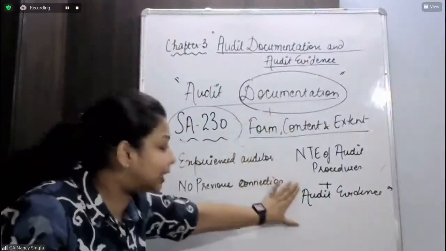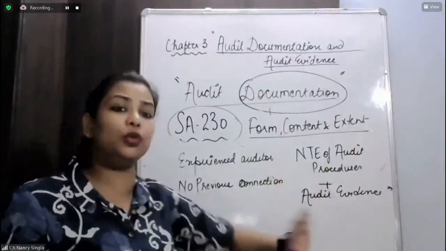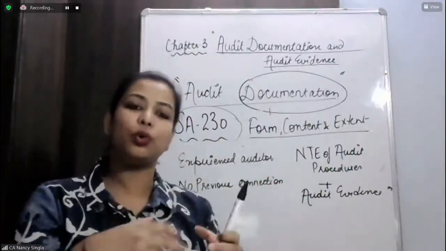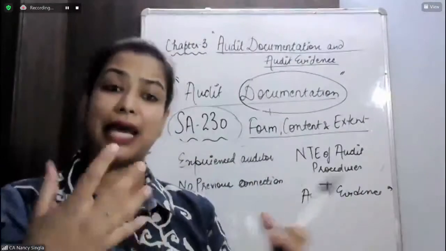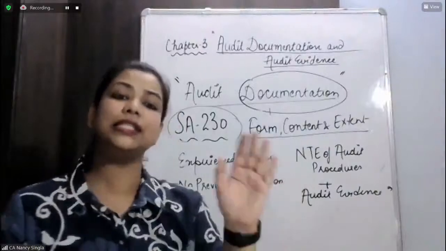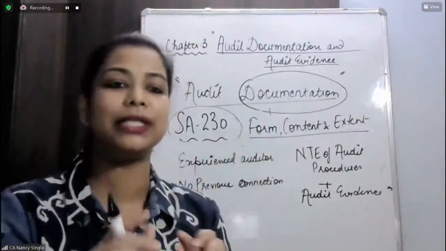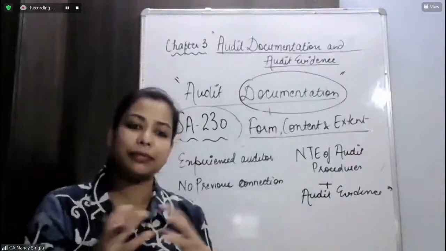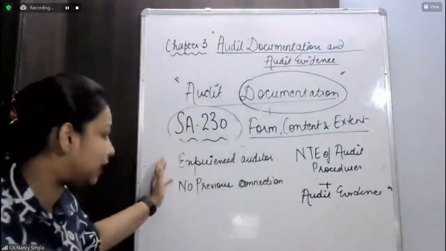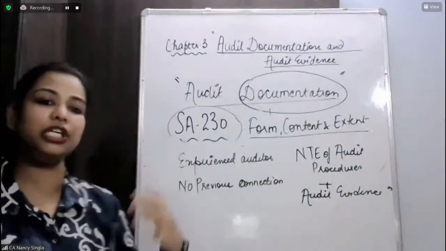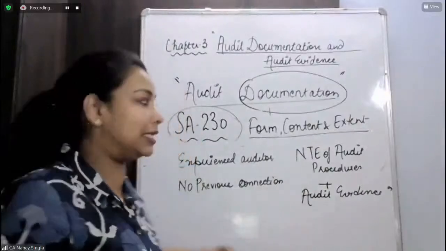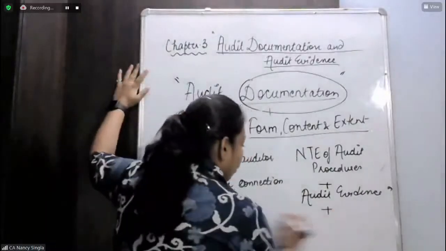Right? Plus, he should be able to understand the audit evidences. Acha, this is a confirmation. Okay, this is a bank statement, right? A balance confirmation from bank. Acha, this is a loan agreement. He should be able to understand it. Don't put it in a haphazard way that only you can understand. Put it in a way that an experienced auditor having no previous connection should be able to understand the NTE of audit procedures, the audit evidences, and it says also